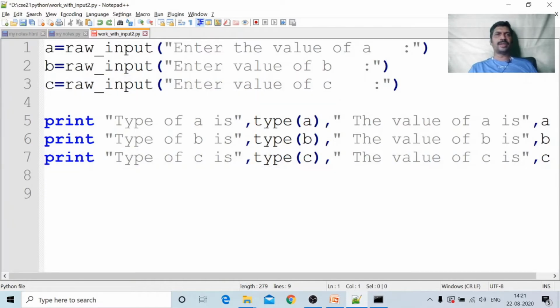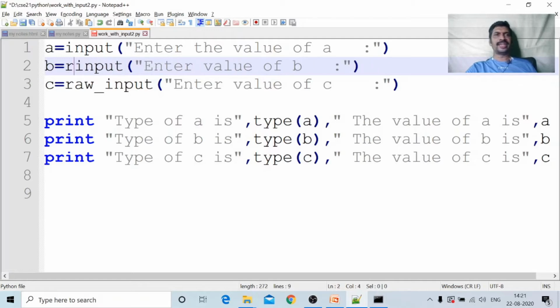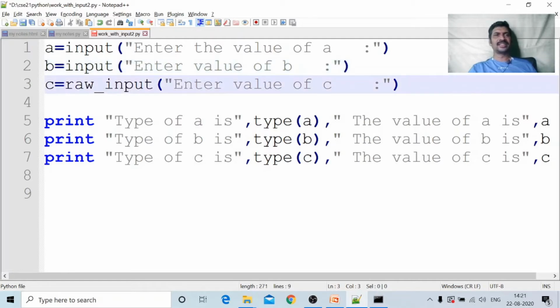Whatever the raw input function performs in Python 2, the same is done by input in Python 3. Raw input in Python 2 takes any type of data given as a string. The input in Python 3 has the same functionality.